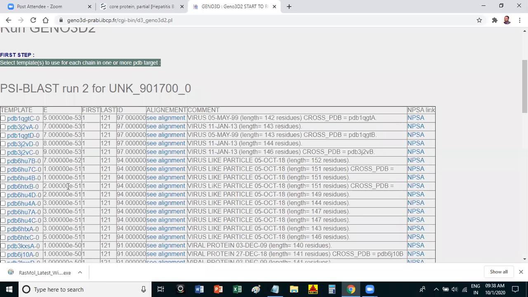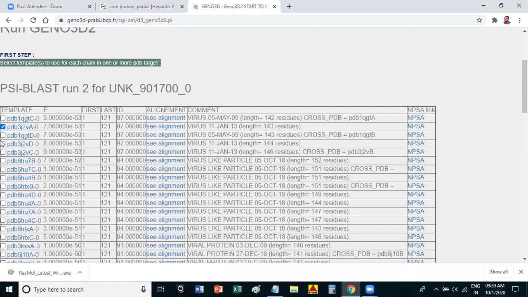PDB target. In the Protein Data Bank they have protein structures. Now we will be selecting some sequences from here. Whatever sequences we select will be based on identity. We will select sequences with more identity. All those sequences will now be used against the PDB target. In PDB, protein structures are there, so they will now compare against those structures.